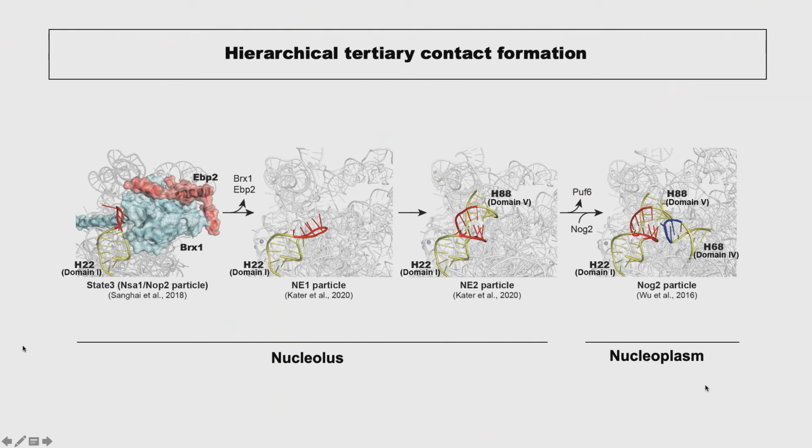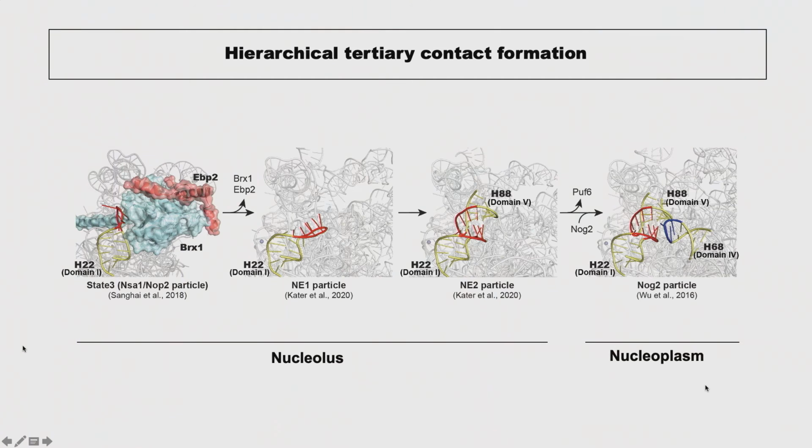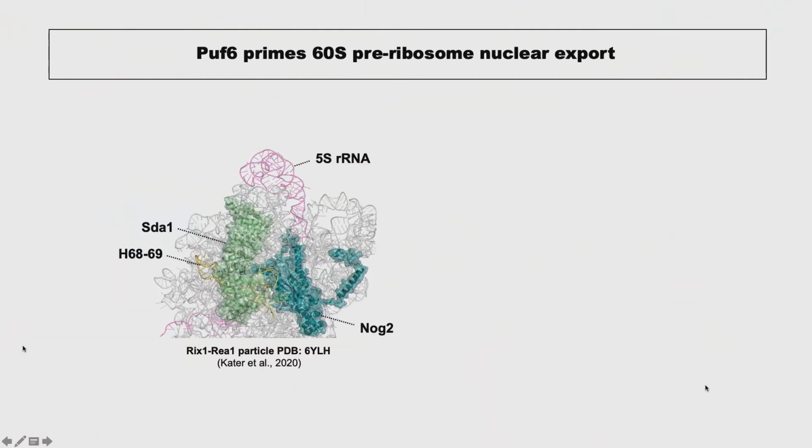So we assume, based on our in vitro data, that Puf6 would have to act between these two stages to dock helix 68 to the kissing loop. And to test this, we would assume that if Puf6 is not here, this wouldn't occur and would have consequences later on in the maturation pathway. And later on, in the pre-ribosome, helix 68, which is docked and has formed this tertiary contact, is the binding site